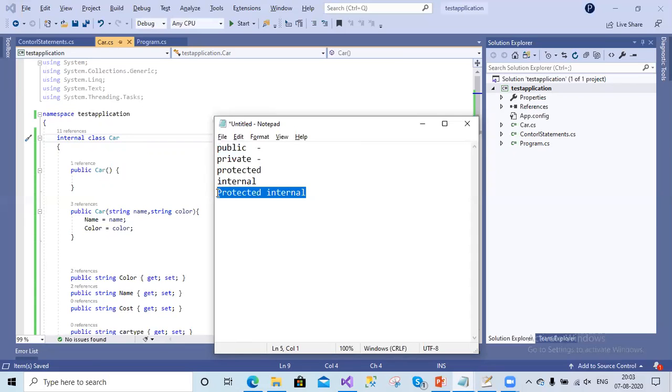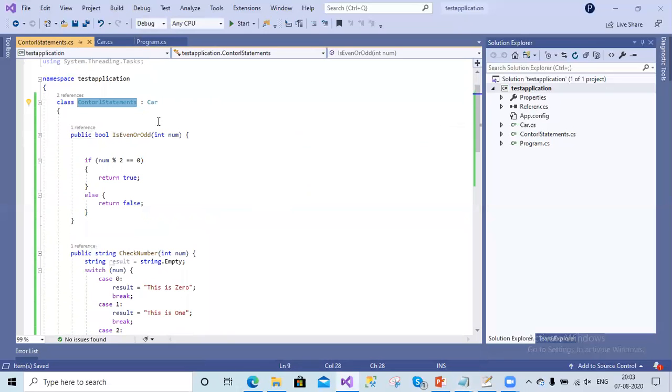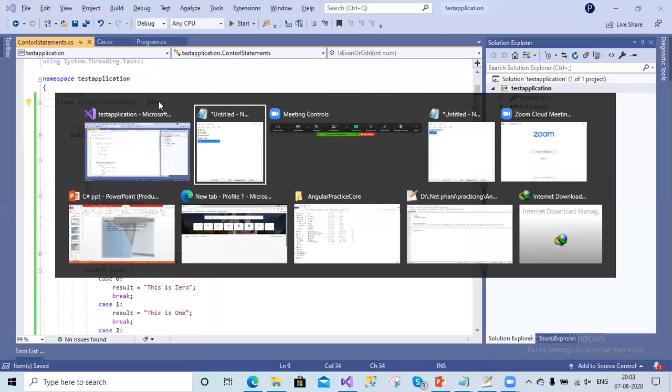So here we have seen some of the OOPS concepts also, like we have implemented some inheritance here. So this is what inheritance we are doing. We are inheriting the car, and car is our base class, and this is our child class now. So to inherit more classes now, we can just put a comma and add one more class here. So we can extend more classes to one of the classes.